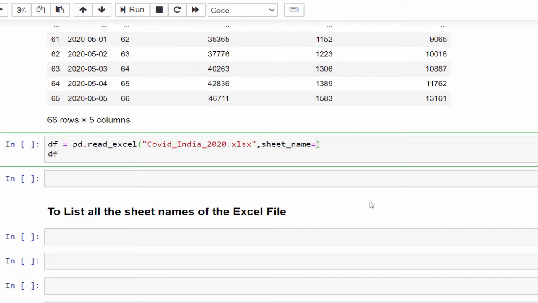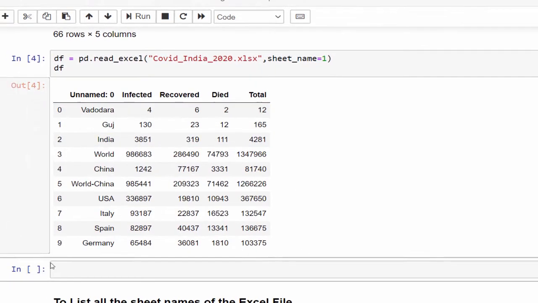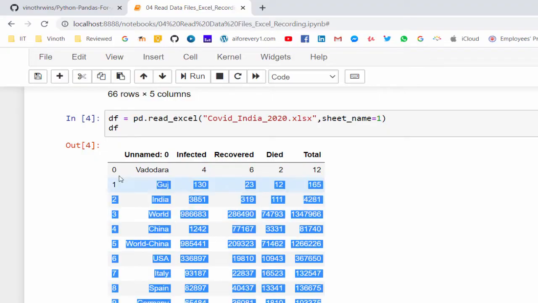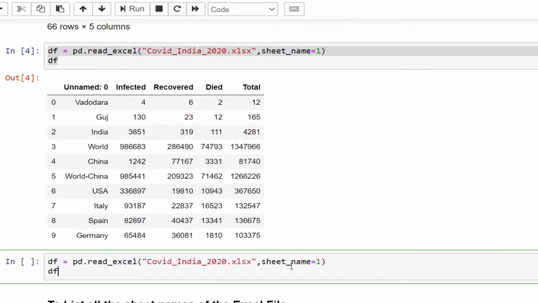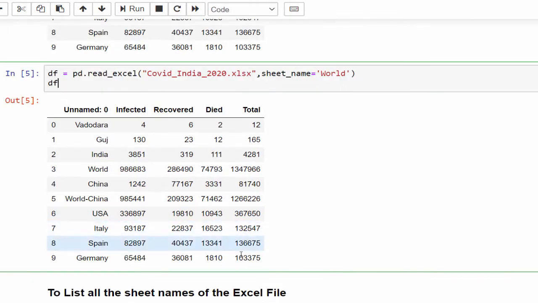The index here is 1. When you execute, this is the world sheet. You can also use the sheet name world, and if you execute, you will get the same output. In short, to import an Excel workbook, you can use either the index number or the sheet name.